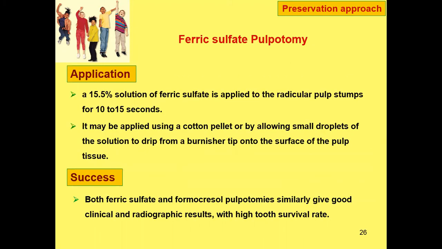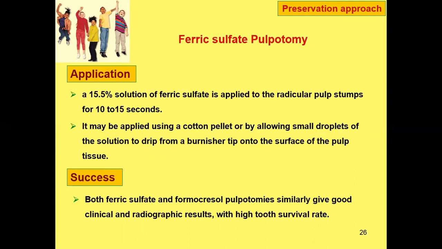So coming to the application, a 15.5% solution of ferric sulfate is applied to the radicular pulp stumps for 10 to 15 seconds. It might be applied using a cotton pellet, or allowed as a droplet to dip from the burnisher tip onto the surface of the pulpal tissue. So you can take it on the burnisher tip and place the tip of the burnisher onto the